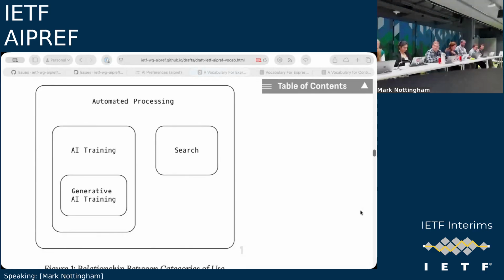So I'm not seeing why that would be an issue. I don't know, Tom, if this is something that people already do, take a set and make a smaller subset out of it. I don't see why that would not be possible if somebody expresses a preference not to use their data for generative AI, for example. Yeah.